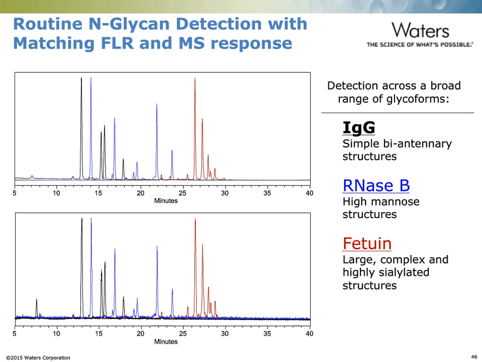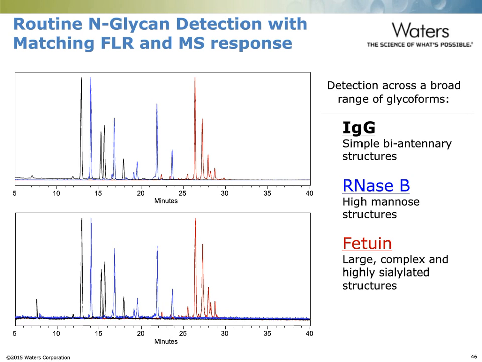In addition, RNase B, which represents the high mannose structures, which are often monitored as critical quality attributes and also stability markers for a process in manufacturing the biopharmaceutical. And finally, in looking at something complicated like bovine fetuin, which represents the large, complex, and highly